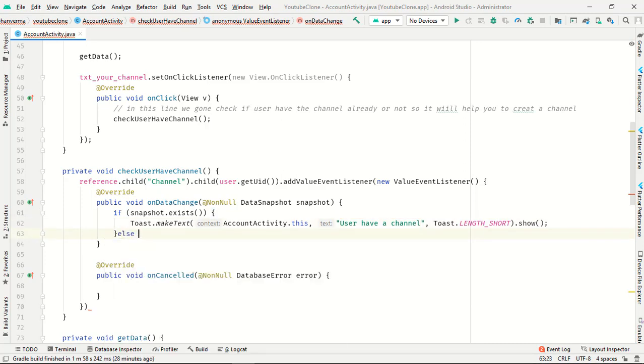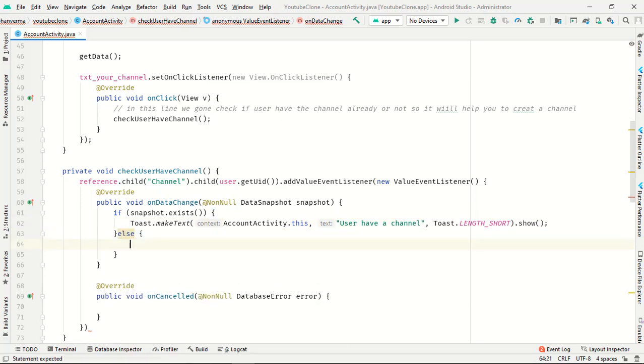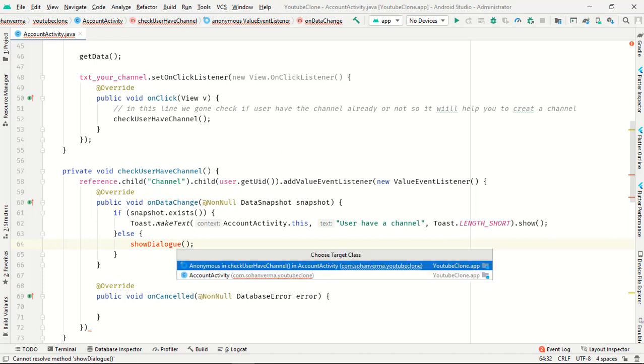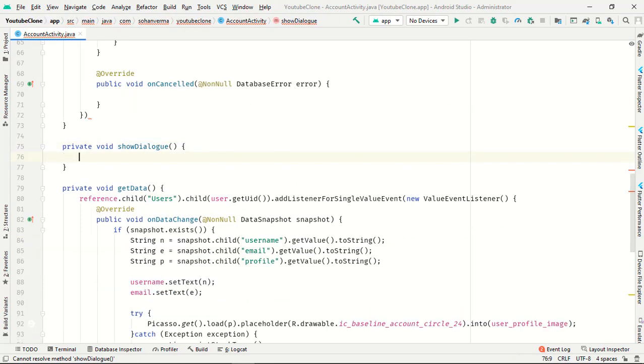Now we need an else condition to show the dialog, because if the user doesn't have a channel, it will show the dialog and the user can create a channel.